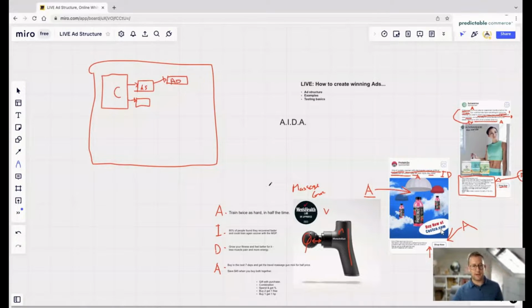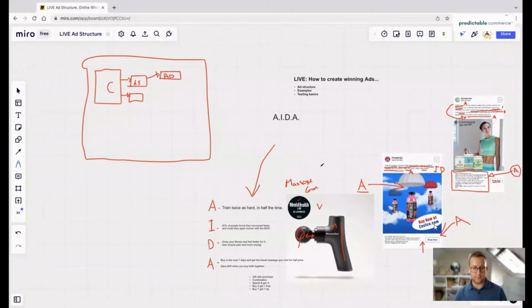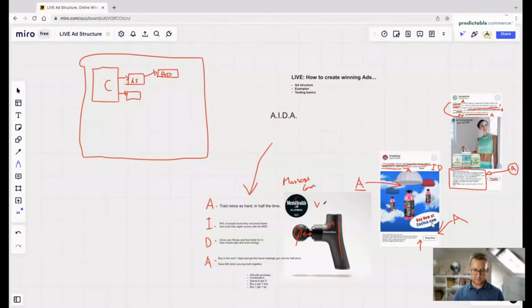Let's say you've created an ad and it's got this AIDA structure, and you think, right, I've got some copy there that is going to be successful for me. What are you going to test first? The first thing you should test is the creative, the imagery, whether that be a static image or video. We test the creative. When you test the creative, you cannot introduce another variable that you want to test at the same time. So you can't test a different creative with different